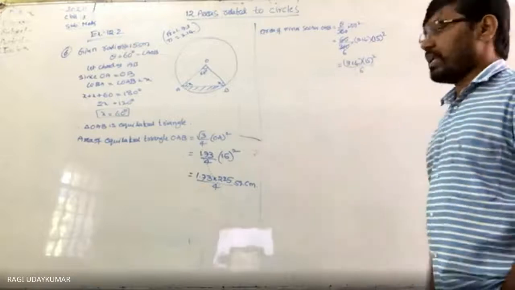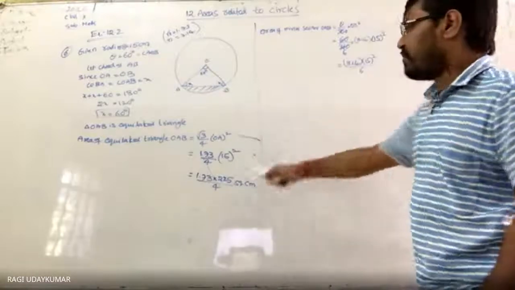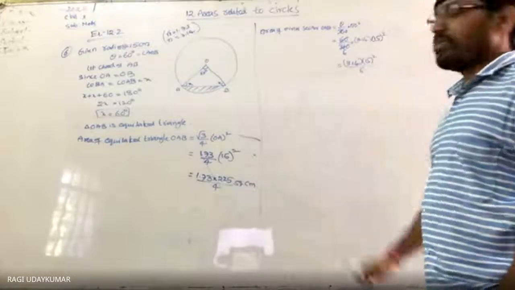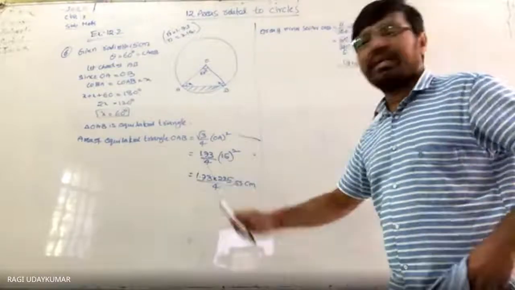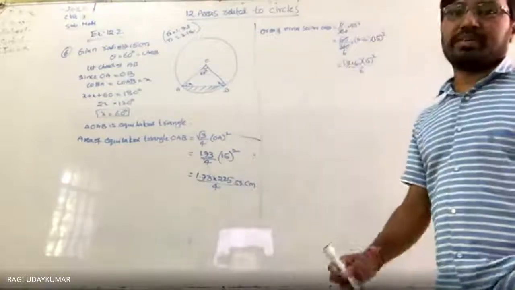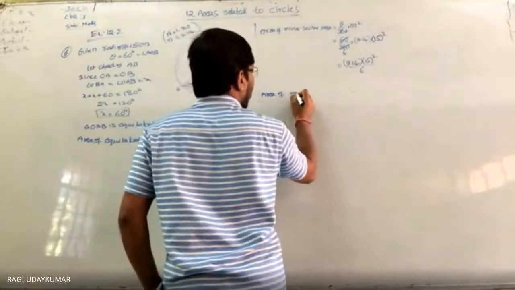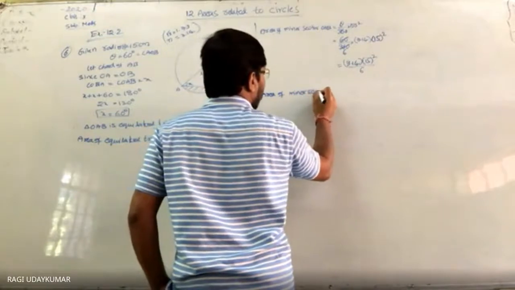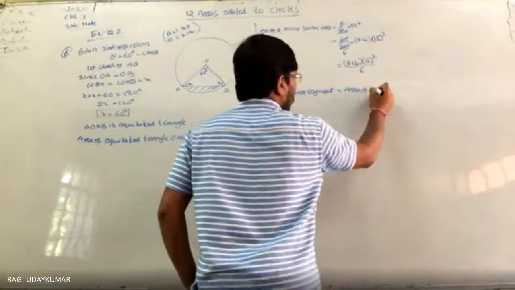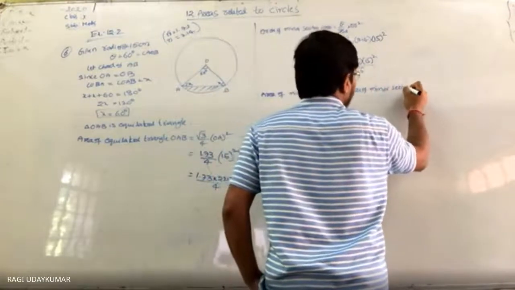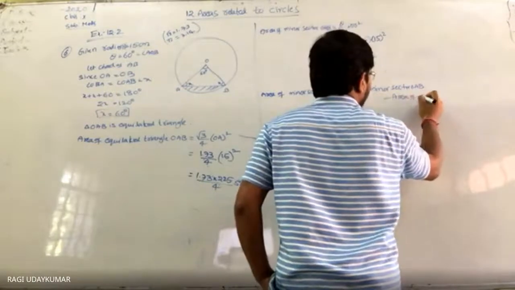From this, you have to subtract this. If you want, you can keep it like this only. Now in both, 15 squared is 225, and you can take 225 by 2 common and simplify. Otherwise the better thing is to express it completely in decimals. And the area of the minor segment is equal to the area of the minor sector OAB minus the area of triangle OAB.